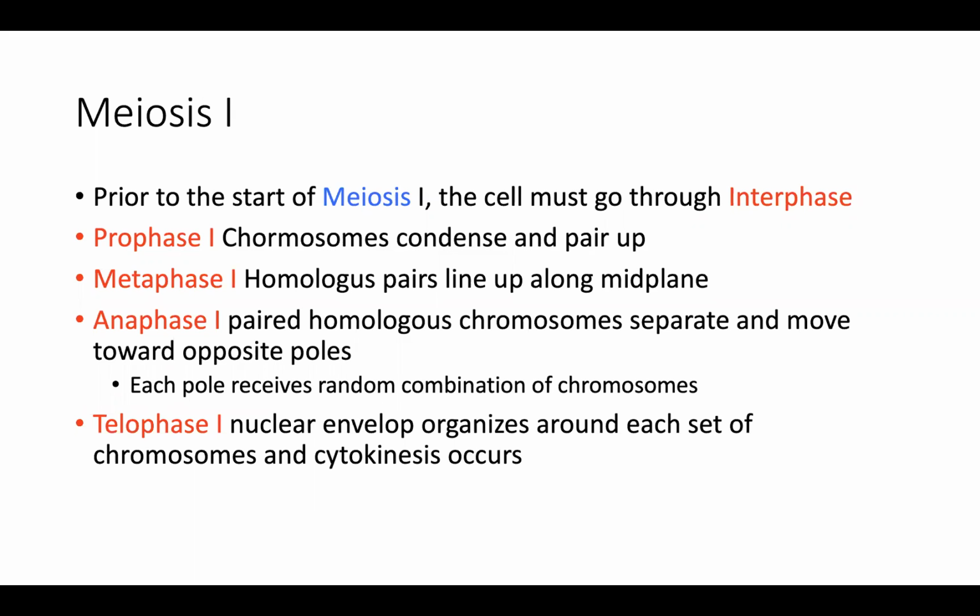During anaphase, the cells are moving apart, and then what's happening is that there's sort of this random distribution of chromosomes now, all right, to opposite poles. And then we had telophase, where we started to see these nuclear envelopes start to form around these new sets of chromosomes. And then cytokinesis occurs, right? So we split off and now we have 2 new cells. That's what's happening during meiosis I. All right.